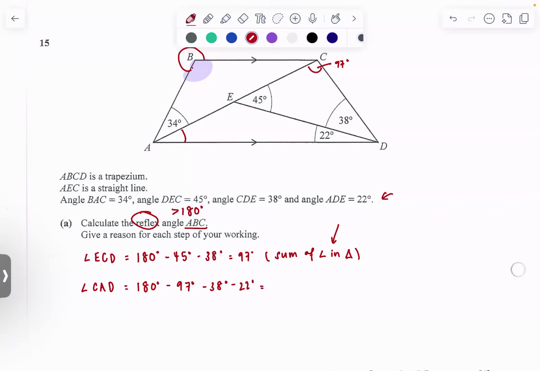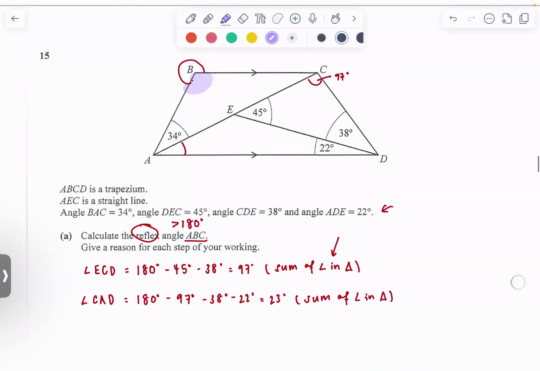Because, sorry, that will give me 23. Why? Sum of angles in a triangle. If you cannot see it, let me highlight the triangle to you. This is the triangle that I'm looking at. Okay? Yep. And since I know that this angle right here is 23 degrees,